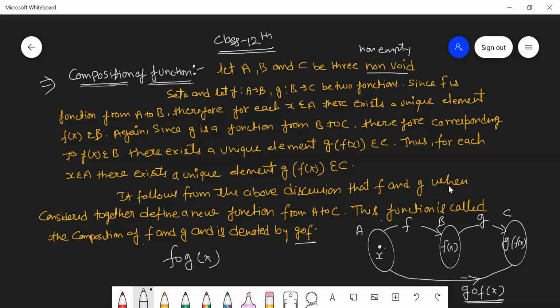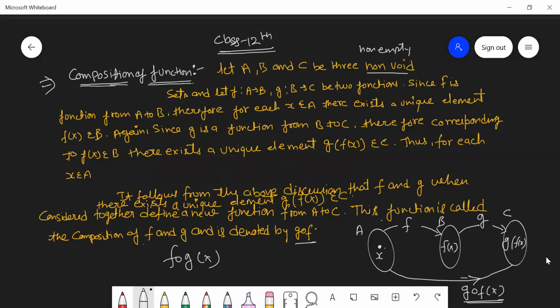Finally, we have the conclusion that when we have two functions and consider them together, then we define a new function. Suppose we have a function f(x),